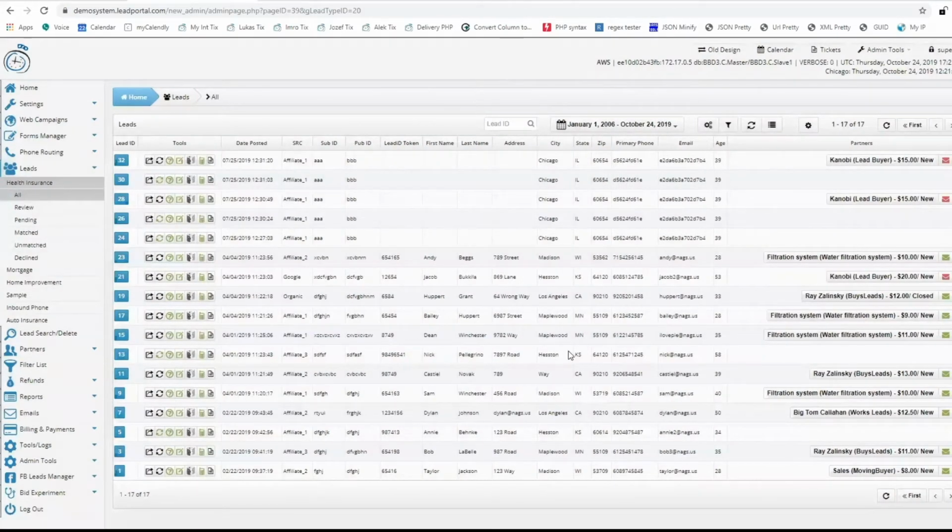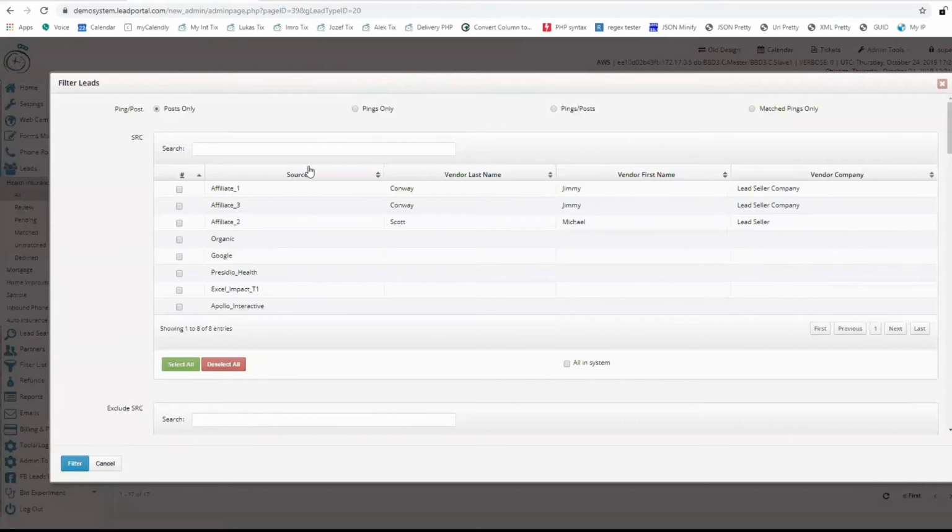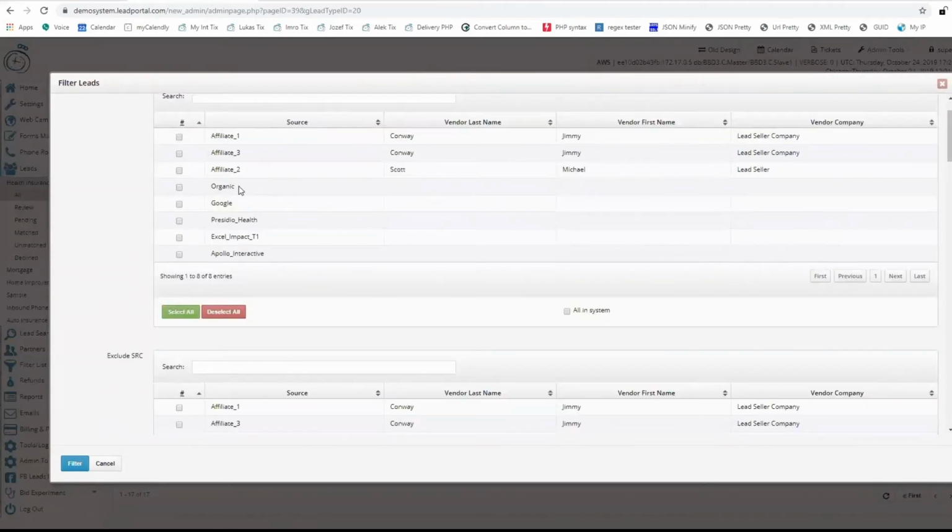So something that's very similar to the admin leads report is the leads page export. Similarly, you can get not only the information of the lead itself, but some other information surrounding the lead, logs and ping response prices and information like that. So when you're on your leads page and you click the filter icon,